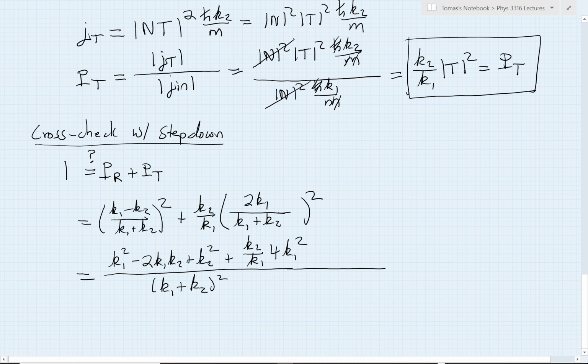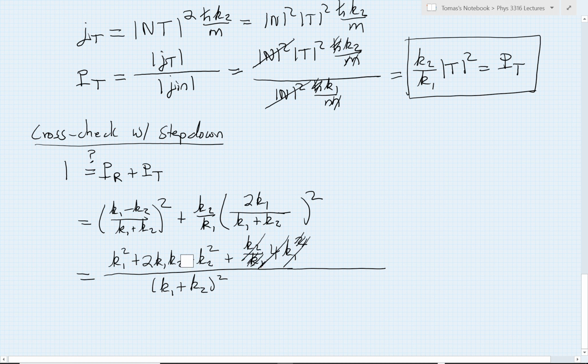Now, we may or may not be able to see quite yet that this is exactly 1, but notice something. This really emphasizes the importance of this extra term. If this extra term weren't here, this would become much more complicated to simplify. But because it's here, notice something interesting. It modifies the k1 squared term to become just k1. So what I have over here is 4 k1 k2. But behind it, I've got minus twice k1 k2. So when I combine this term, after it's been modified by that ratio, with the first term, it becomes plus 2 k1 k2. That takes care of this term.